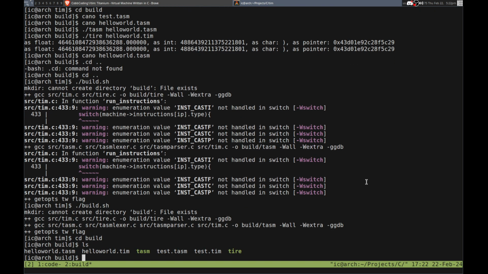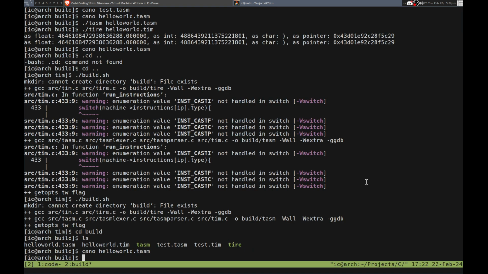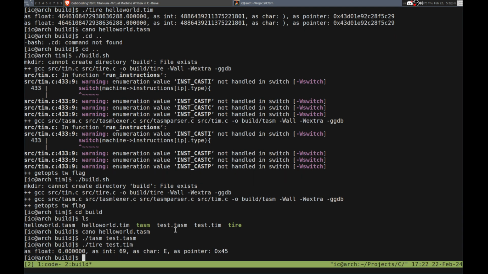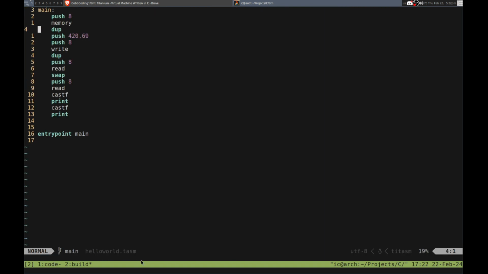Okay, so now we can actually modify this property. So hello world.cabin. So what we want to do is cast F, and then cast F, and then we should probably print out the type when we call print. Like, it's just a debug instruction, it's not actually meant to be used. But yeah, I think that would be useful. So it did, wait. No, it printed out as that. I wanted it to be an,